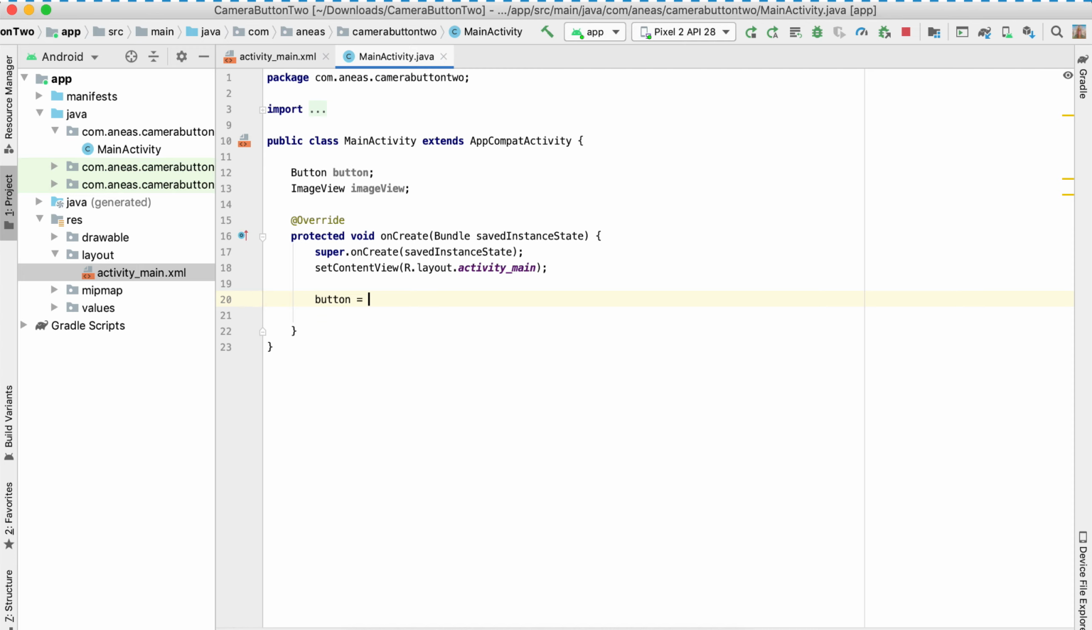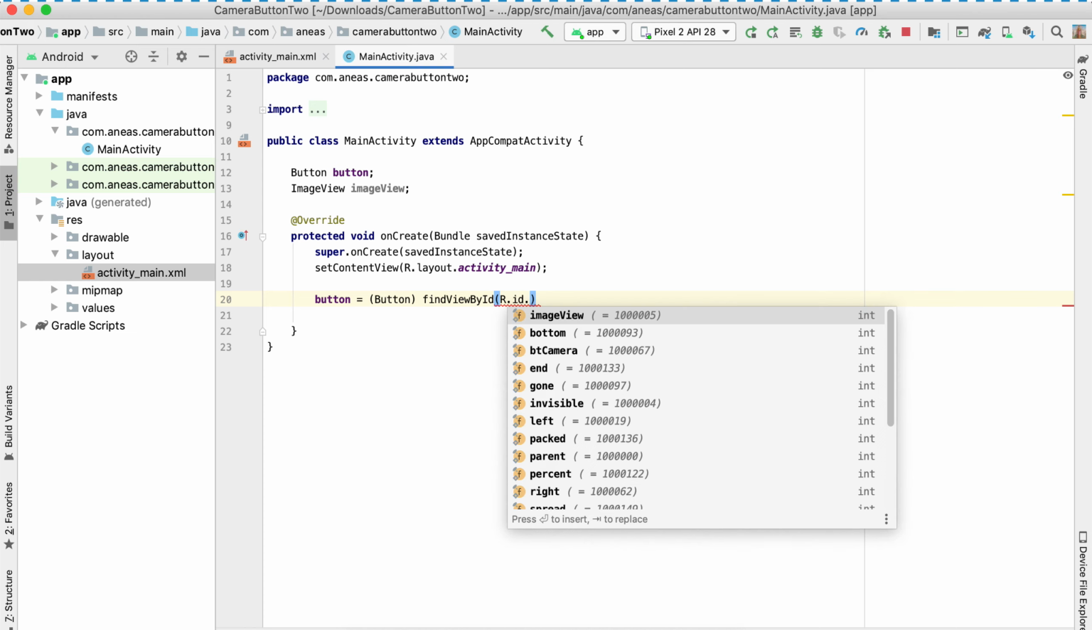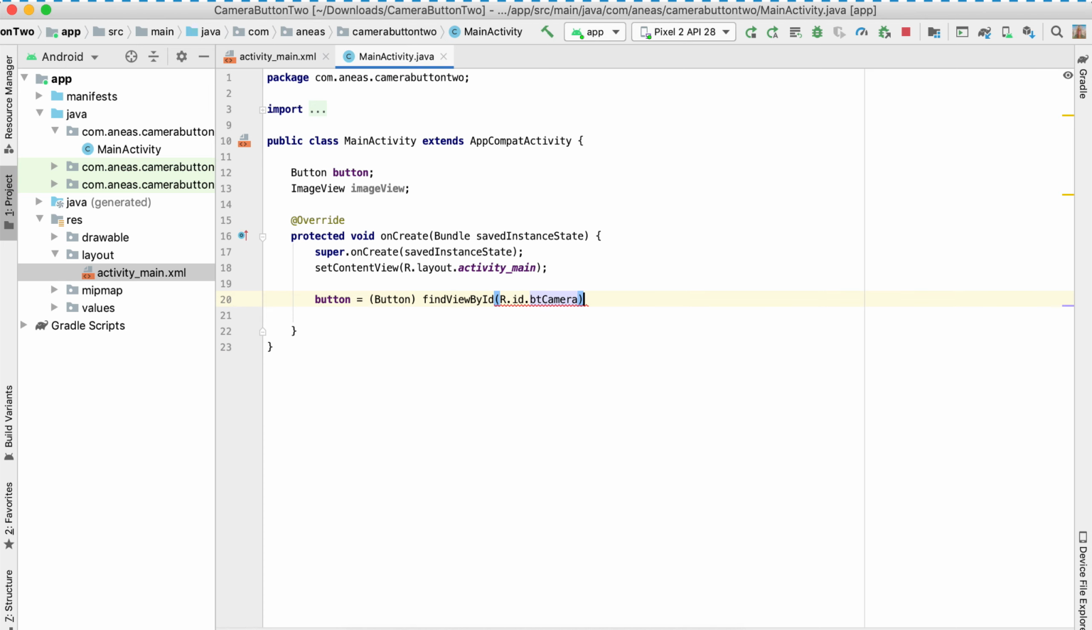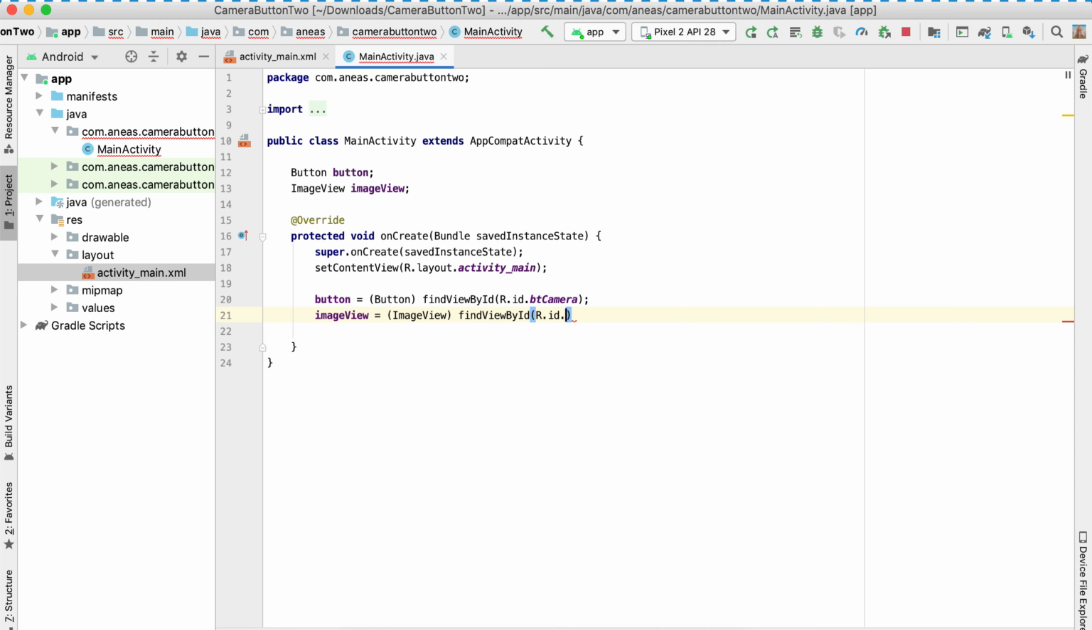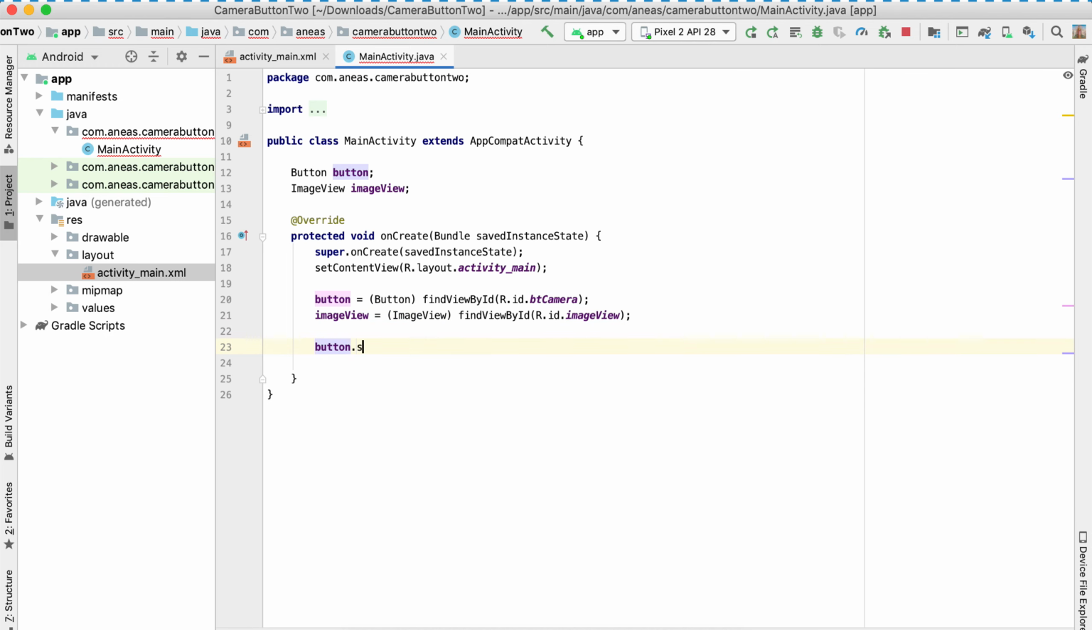So button equals button, defined by the ID R.id.button camera. So we're linking the back end to the front end. We're doing the same now for image view, with its ID. Okay, so once we've done that, we're going to create our button on-click listener, which is essentially creating